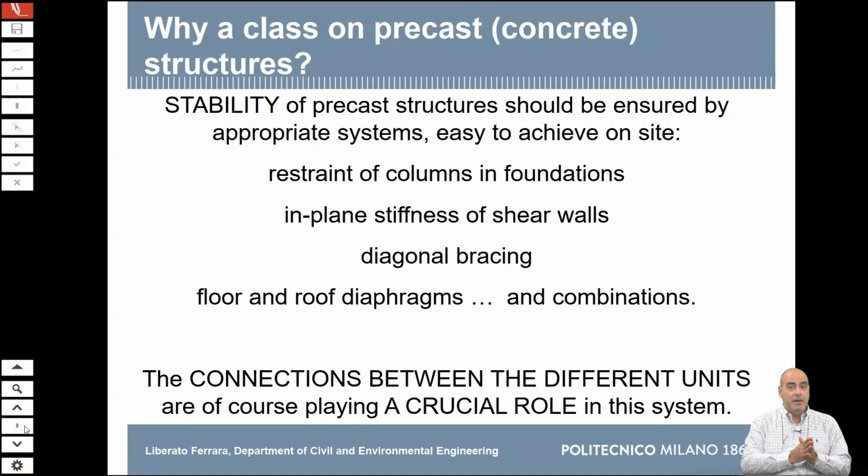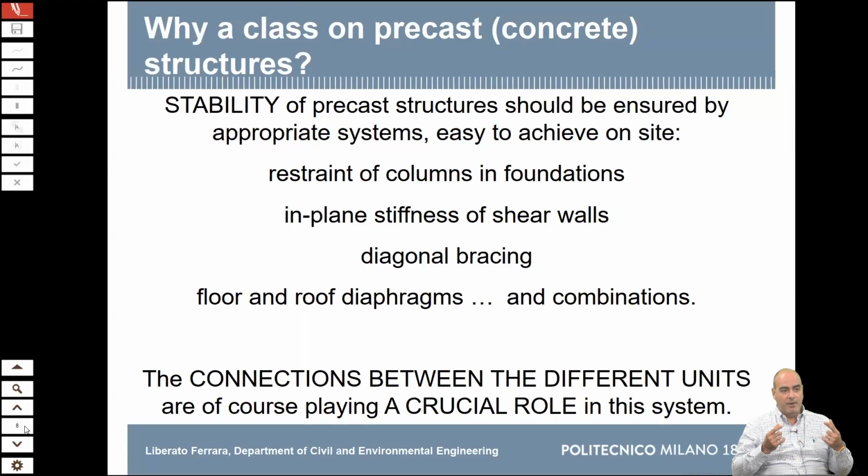But then, if you have shear walls for bracing, you must have an appropriate stiffness of these systems. You have to guarantee diagonal bracing or any other kind of resistance versus the lateral actions. And most of all, this is something which is